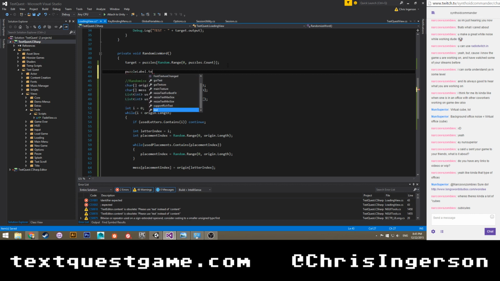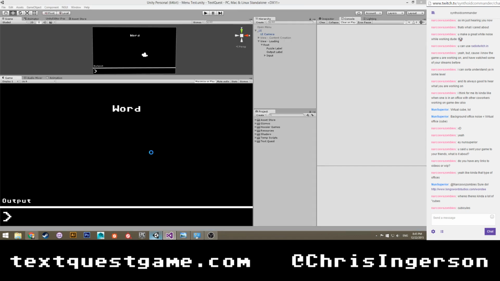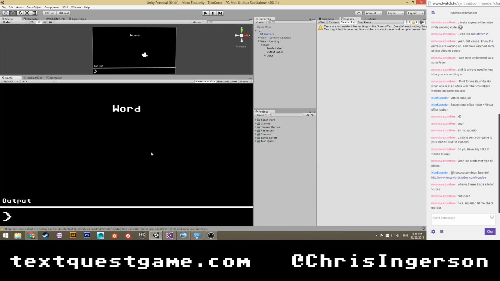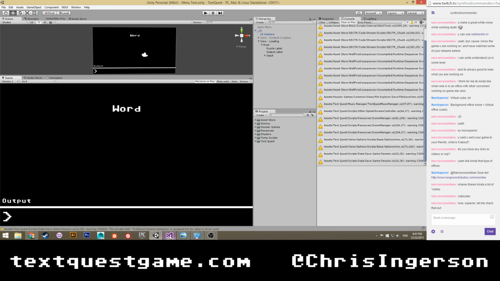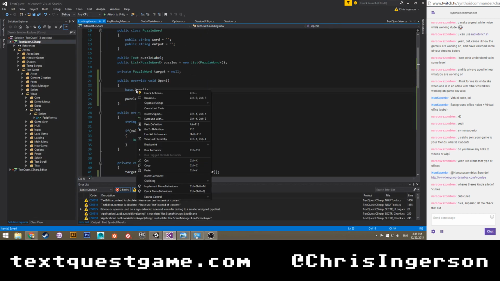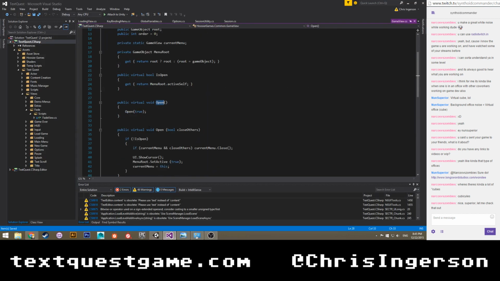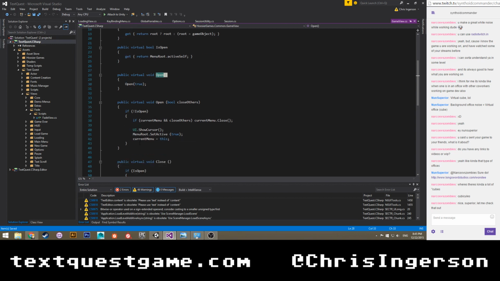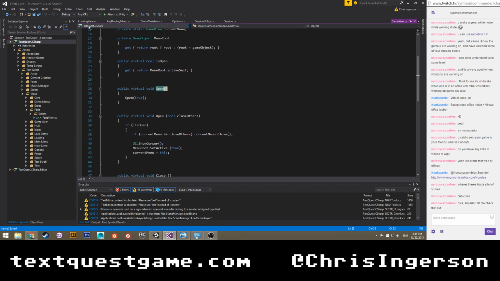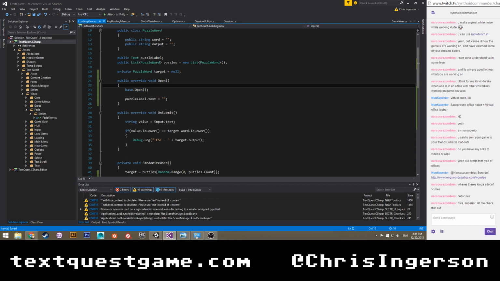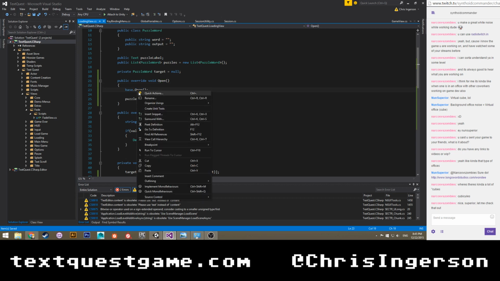Puzzle label.text equals target dot word. Okay. Let's try this again. base.open. What the? Oh.